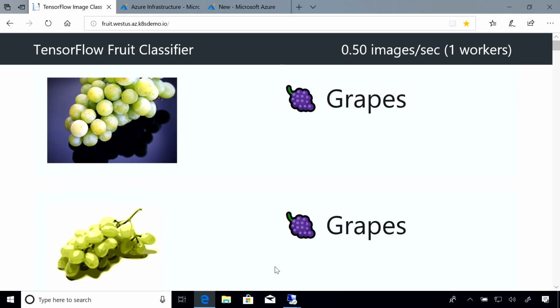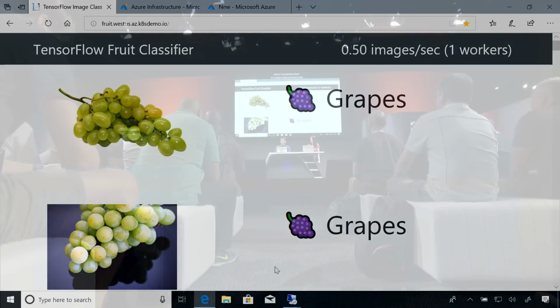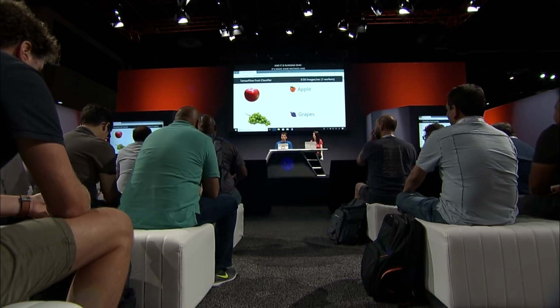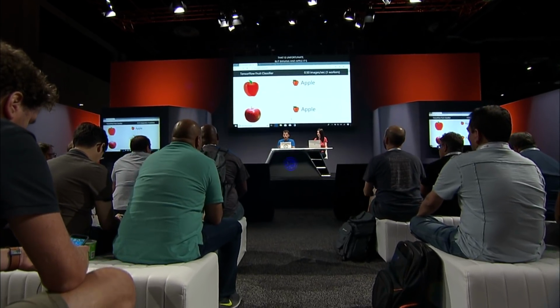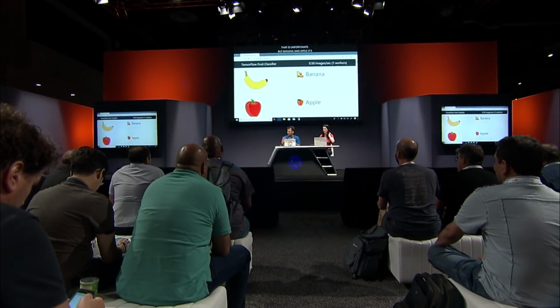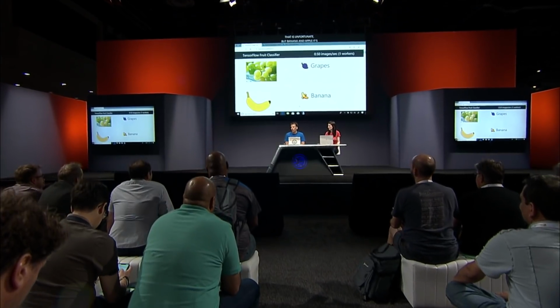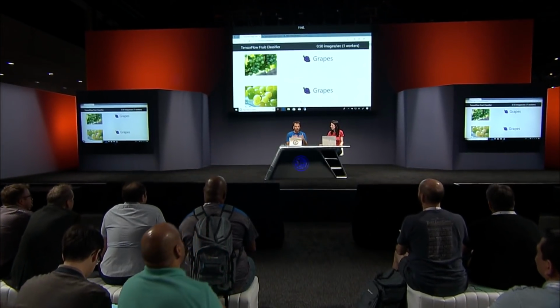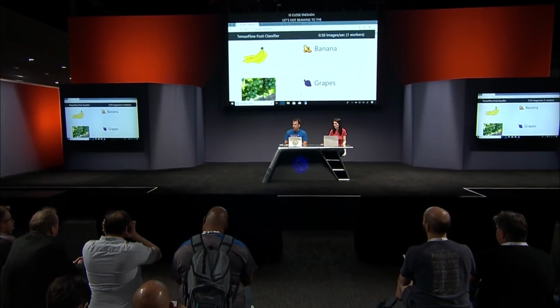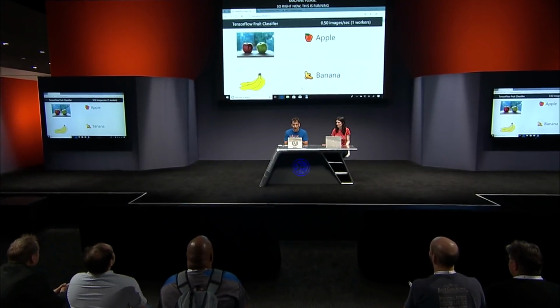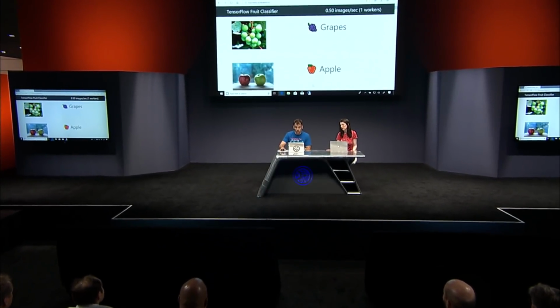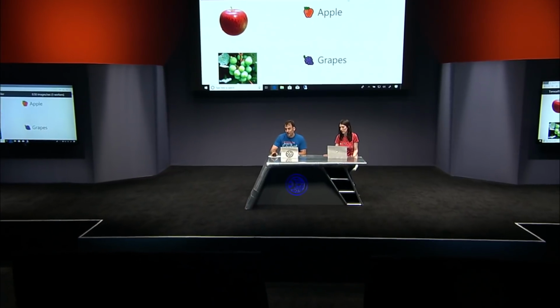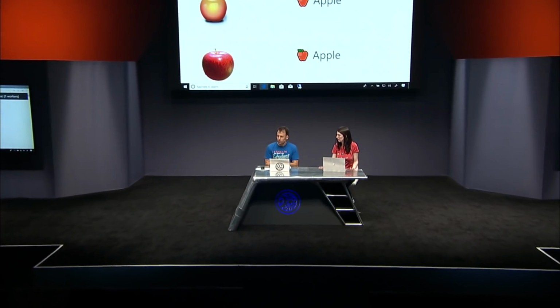So right now, this is running with one front end, so this is the website that you're seeing, and one back end that's doing this work. And so I haven't really scaled this out. It's kind of running pretty slow. And if I were needing to process, let's say, tens of thousands of images instead of just one, you see right now it's running about 0.5 images a second, as you can see up here, which is relatively slow, right? And so with that base compute, that one worker, that's unfortunate. So now I want to scale it, okay?